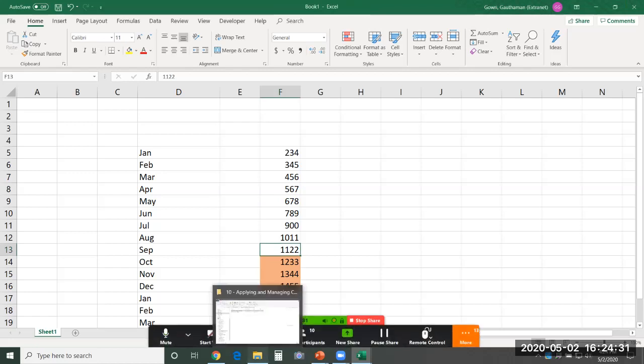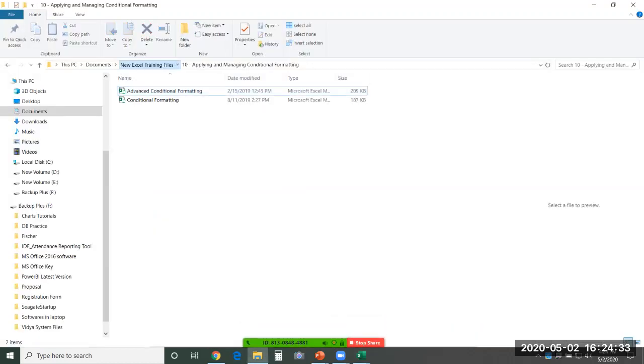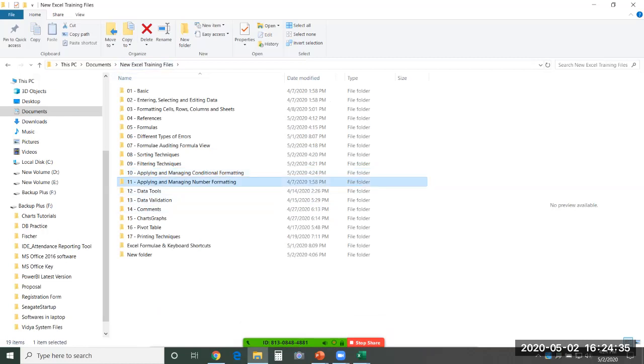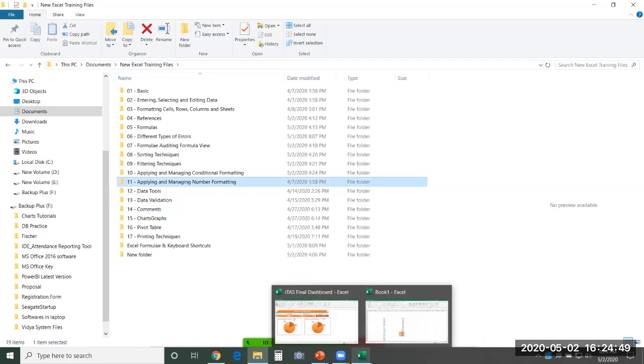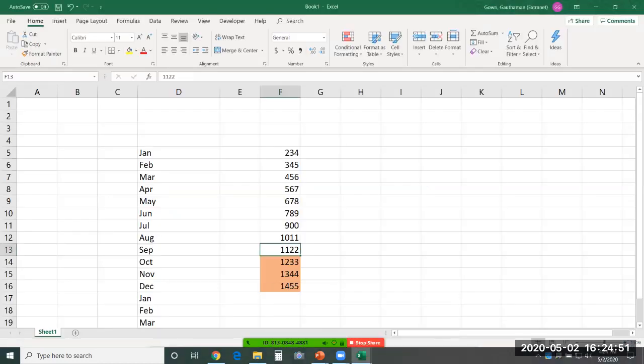Now, the next chapter that we have got here, so you can go applying and managing number formatting. So there are various types of number formatting that you can use to format your numbers. How exactly it has to look like. So I'll give a very simple example of that here. See, I'll show you. Let's say I have, let me consider the same cells.